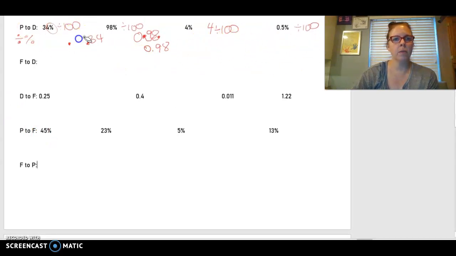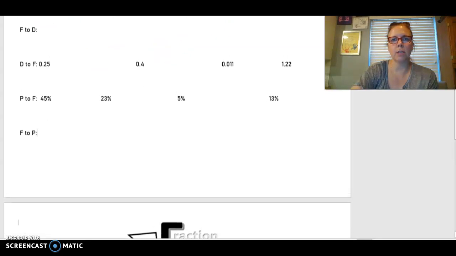Okay? We'll just erase all of that so we can kind of see what's going on there. Okay, and I'll kind of move it up so it's not in our way. So now we're going to go fraction to decimal. Fraction to decimal. So let's say we have